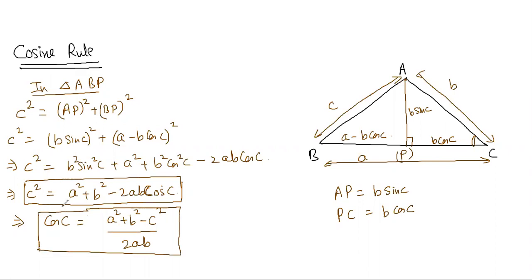So there is a particular pattern in this formula. If I can write c square in terms of a, small b, and cosine of angle C, then I can also write small a square in terms of small b, small c, and cosine of angle A. So can you write small a in terms of cos of A?